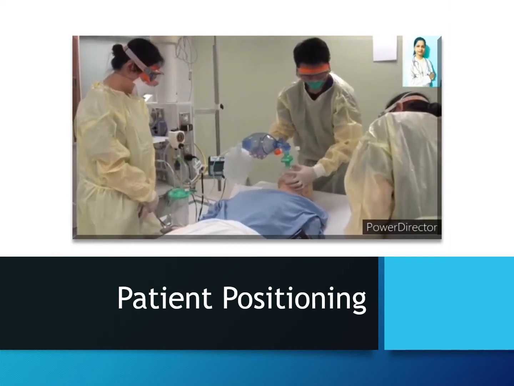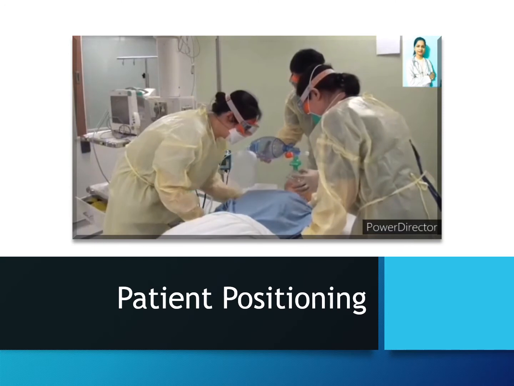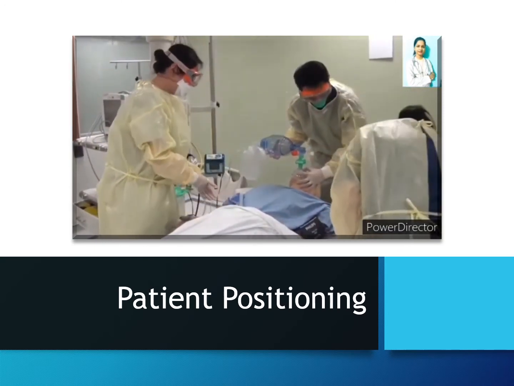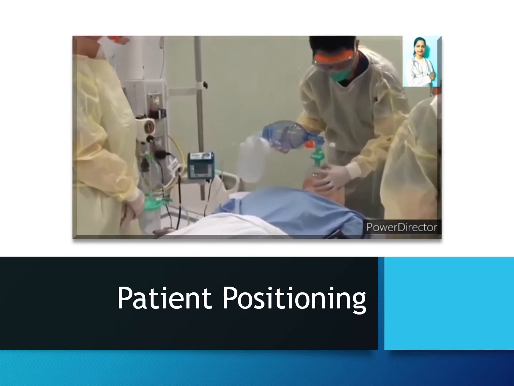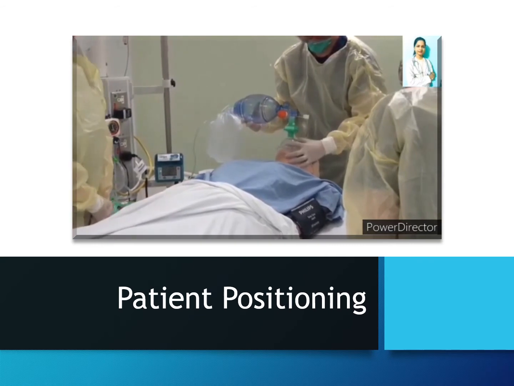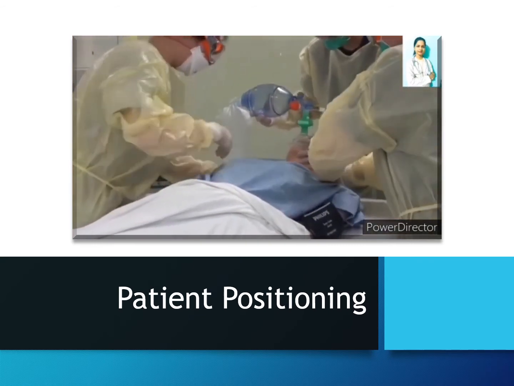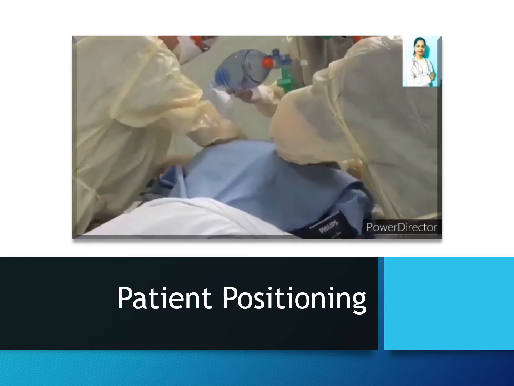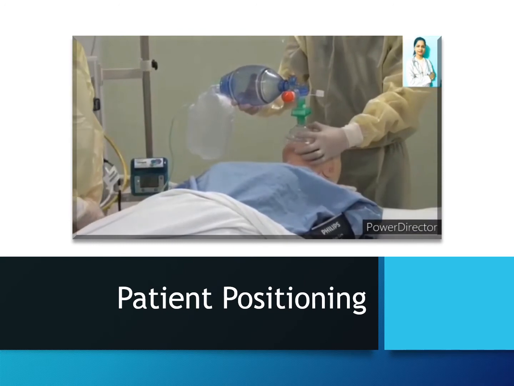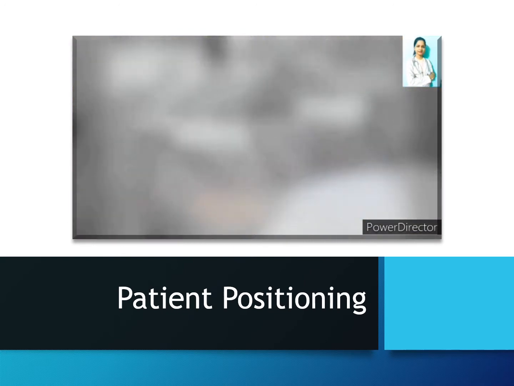We will discuss the positioning of the patient at the time of intubation. Ramped and sniffing positions are the most common positions. The sniffing position is where the patient is supine with the neck flexed and head extended, and the ramped position involves elevating the torso and head. A pillow or towel below the shoulder helps avoid any injury or trauma, and it will help with oxygenation at the time of intubation.